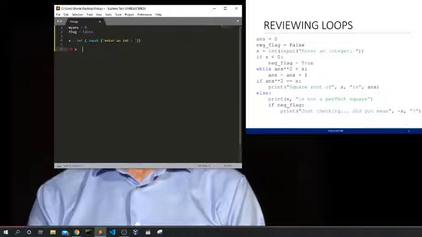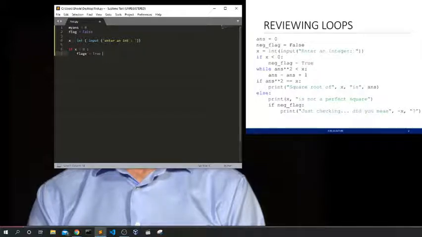x is smaller than 0, well, that means a negative. So flag is true, and true here is the same case as false.